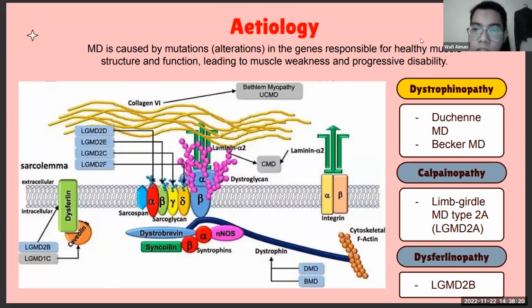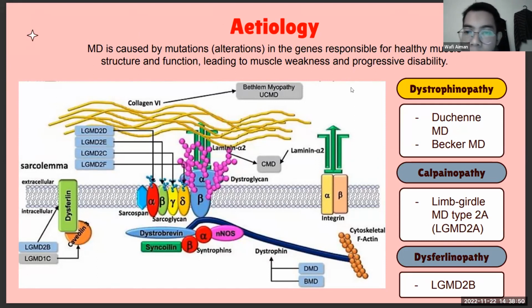The next one is etiology. Muscular dystrophy is caused by mutations or alterations in the genes responsible for healthy muscle structure and function. So it leads to muscle weakness and progressive disability. I already explained the types of muscular dystrophy. We have many of them, but all of them are not due to the same